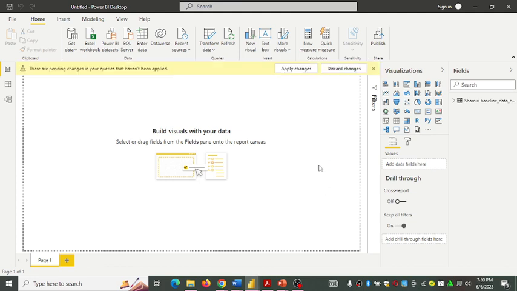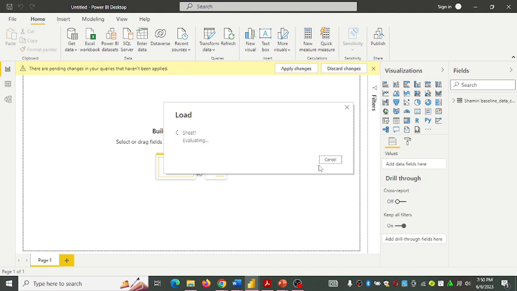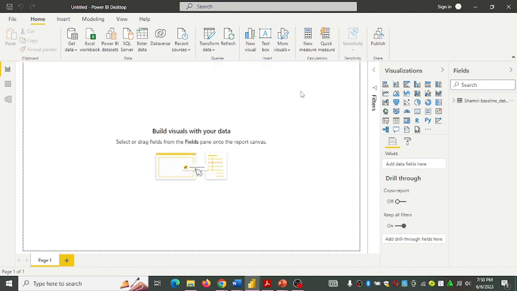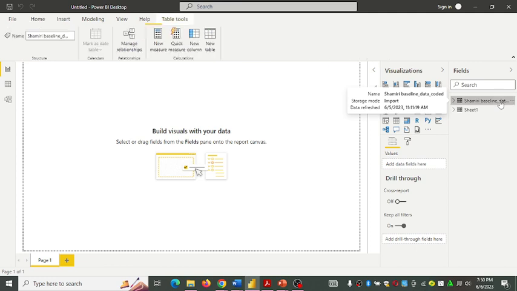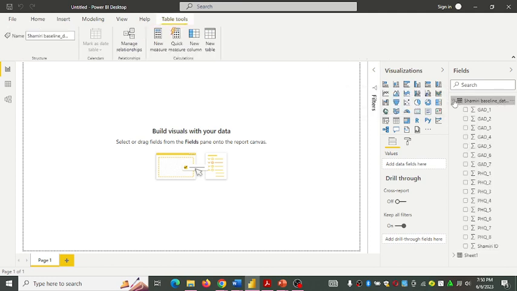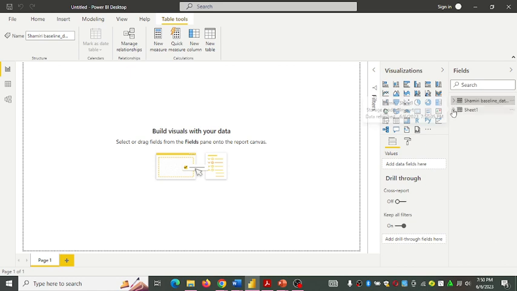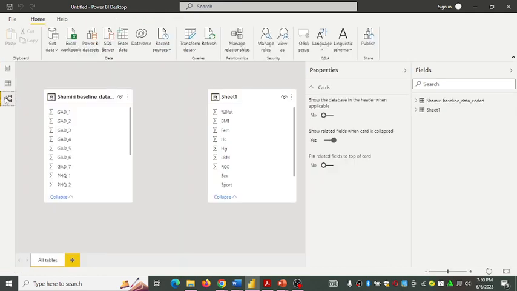We have the Shamiri now. So my data is present. Let's check here. This is the Shamiri baseline data, right? And if you click on the dropdown menu you will find this kind of data from sheet 1. This is the kind of data that we have. Then when you come here to the model,